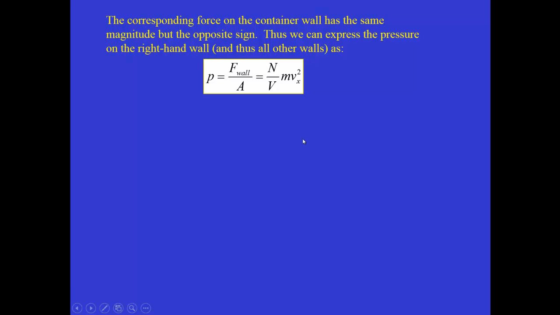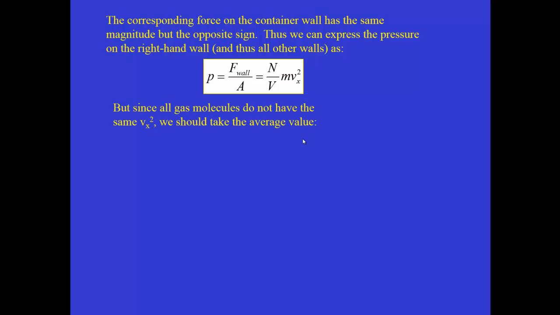All right, so now we have the pressure on the right-hand wall, and if we were to do the calculation along the y direction or the z direction, we'd get the same answer. So the pressure is the same no matter which wall we're talking about. Now, this is a little bit inaccurate because not all of the gas molecules will have a single well-defined value of v_x. Some of them will be moving more along the y direction, some more along the z direction, and some more along the x direction. So what we really should write down in order to have an accurate expression is the